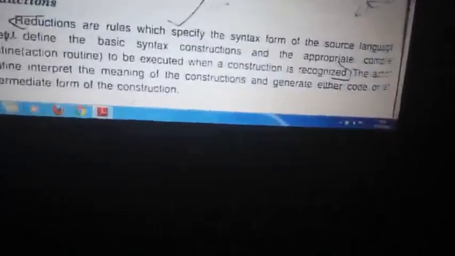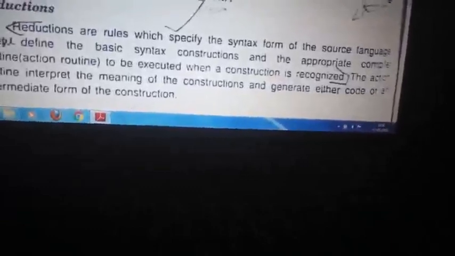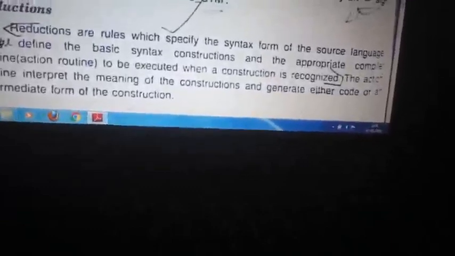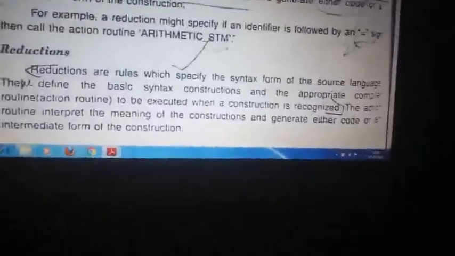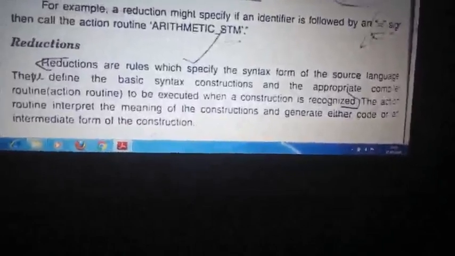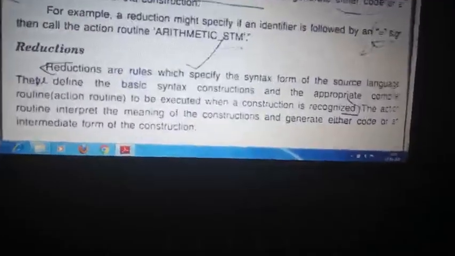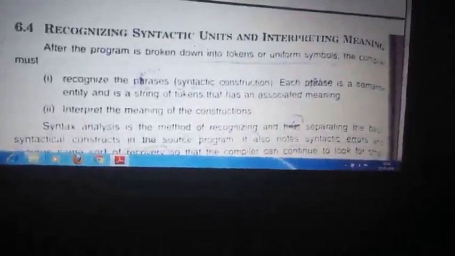If you have \n, then it needs to be printed in the next line. If it is \b, then there should be backspacing. If it is \t, then you need to have a tab space. So these action routines are taken depending on the construction or the syntax you followed. That is the second phase, identifying or recognizing the syntactic unit and interpreting the meaning.